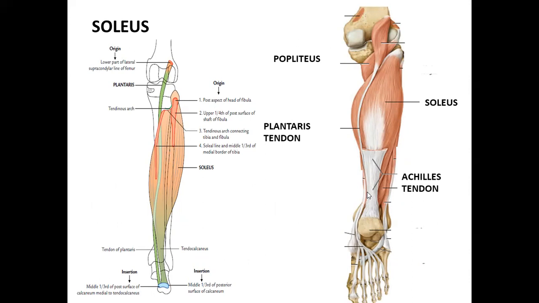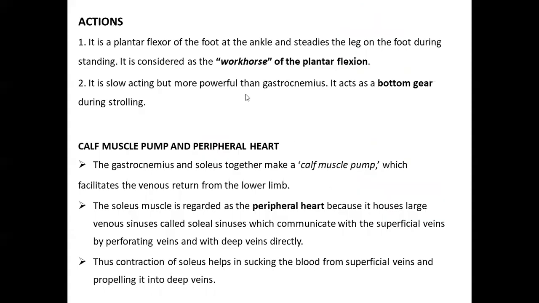It's about 15 centimeters long. It acts as a prime mover of plantar flexor of foot at the ankle joint. So, काम क्या है? Plantar flexion करना, ठीक है? Now, another important viva question as well as जो लिखने के लिए आता है, that is what is peripheral heart,